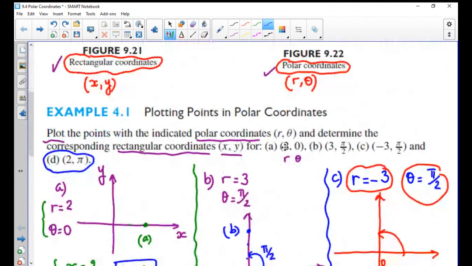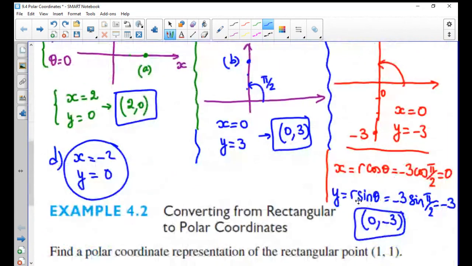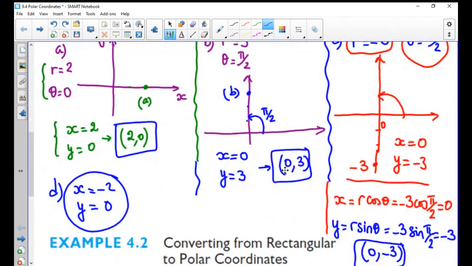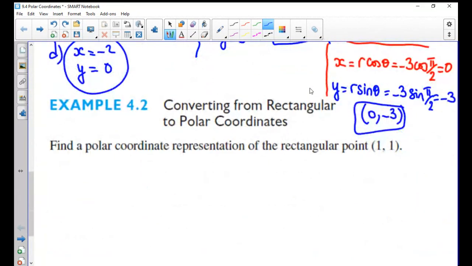And so we took some polar coordinates and changed them into rectangular coordinates x, y, like this. And you can see that generally these are completely different. Polar coordinates in B, for example, polar coordinates 3, pi over 2, rectangular coordinates 0, 3. So they are completely different. Now this time, the opposite. What happened? Find